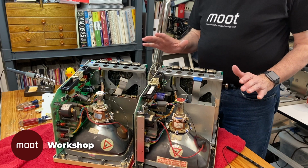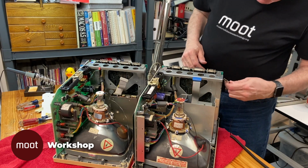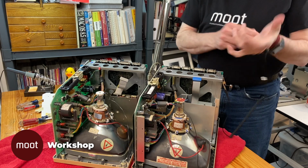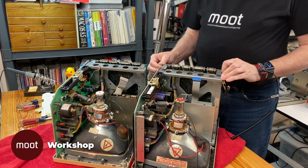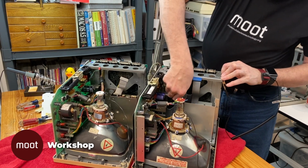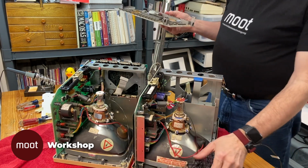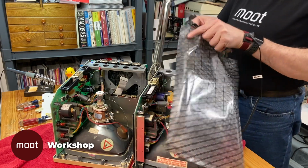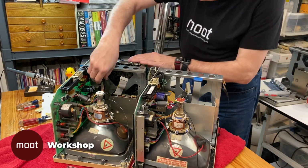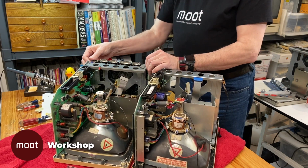So this swap is actually really easy. I've disconnected the floppy drives on both of these, and I'm going to hook up my wristband here to keep from zapping the logic board. I'm going to take the logic board out of the 128. I've got to disconnect the cable that goes to the analog board. I'm going to put that for safekeeping in an anti-static bag. And then I'm going to disconnect the cable from the 512's logic board. Move that